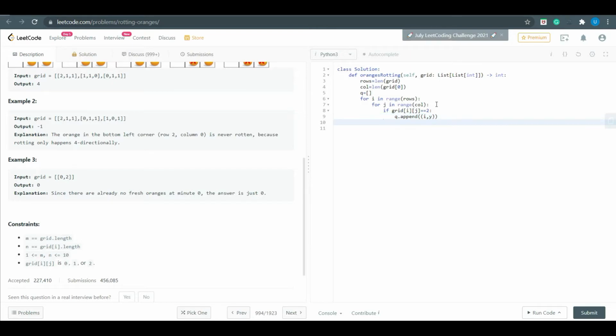Okay, and also if grid of ij is 1, to check if all the fresh oranges have completely become rotten, let's keep a count for fresh oranges, where I'll be incrementing fresh by 1 whenever grid of ij is 1. So now, starting with the BFS traversal, while q